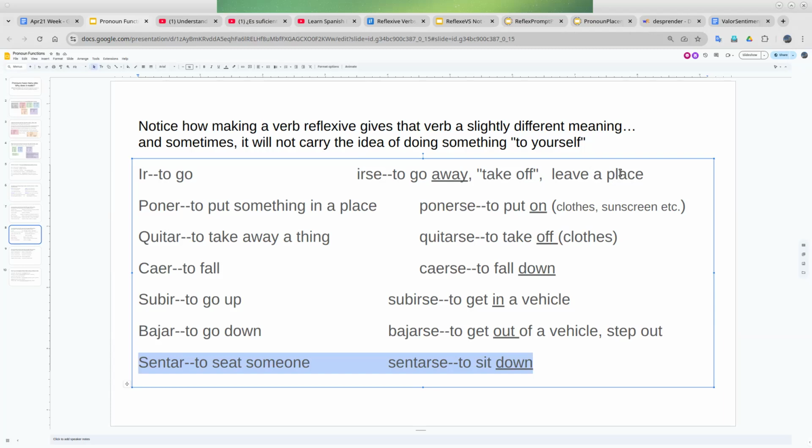And because we're not in that situation a lot, or we don't really talk about that situation with great frequency, you won't hear it as much, but you will hear sentarse, reflexive, way, way, way more than the non-reflexive, because people sit down all the time, but they may not be seated in a formal, this seat is reserved for you kind of idea. So sentarse is used way more than just sentar. So the context really drives what we do with that.